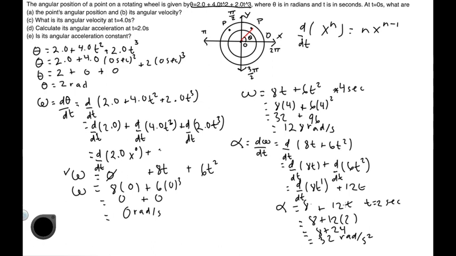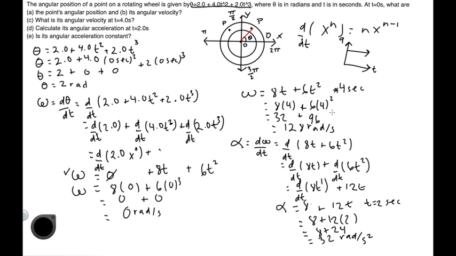If it were constant, the graph would be a flat line, something that looks like this. Here's our acceleration and here's time. If it was constant, it would have a flat line as its slope, because the acceleration at any point in time is going to be the same. However, in this case, since our acceleration formula has a variable in it,